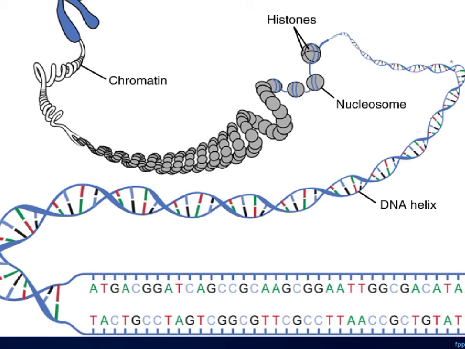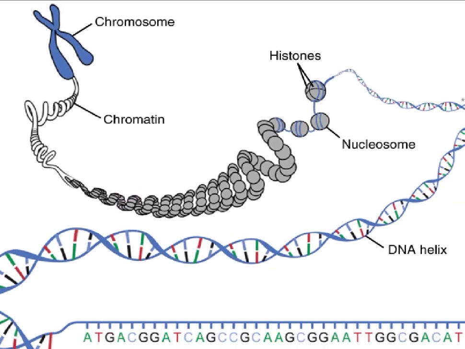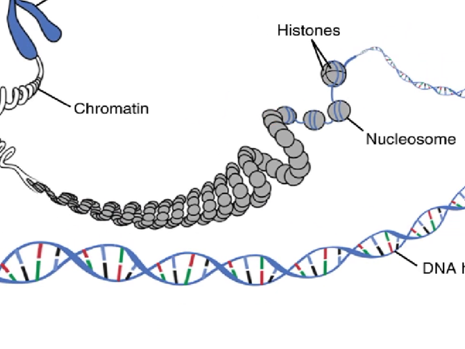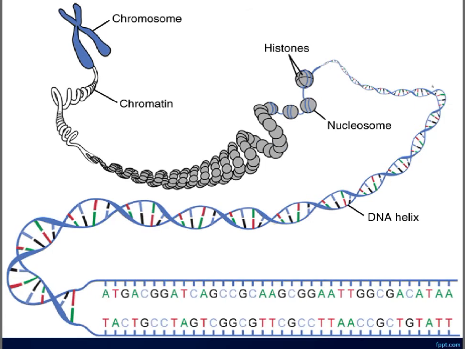And in this diagram you can clearly see the structure of chromatin. A blue colored chromosome is there in this diagram. Here you can see thread-like coiled structures which are called as chromatin. Histones are there, nucleosomes are there, and finally a double-stranded DNA helix can be seen, which shows presence of nitrogen bases AT and CG. So this is how we can study the structure of chromatin in details.